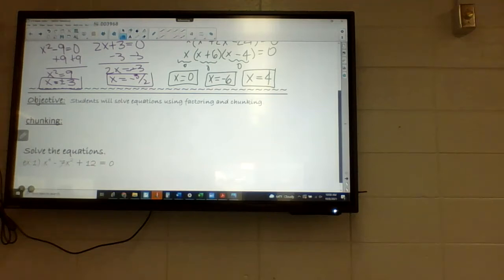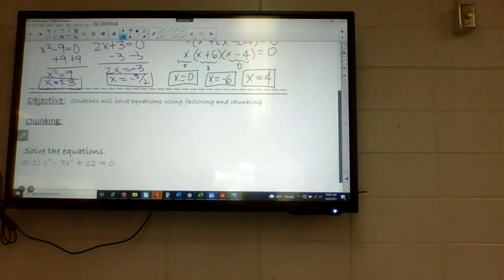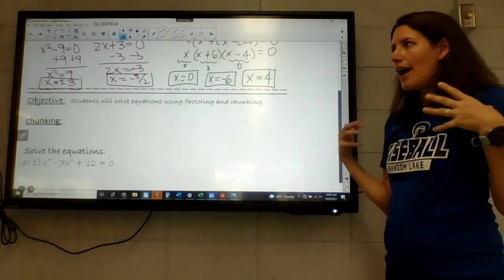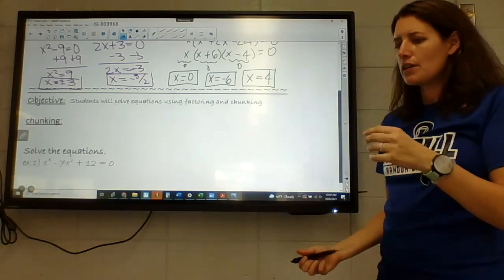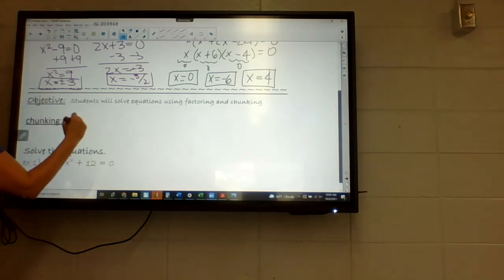All right, so the next types of problems we're going to do today, almost everything we're going to do today has to do with our warm-up questions. However, they're going to look slightly different. They do this thing called chunking, and basically what it means is this first example looks a lot like the second warm-up question, but it's not exactly. So it requires a little bit of outside-the-box thinking, and sometimes it requires that we actually substitute something else in place as a chunk. Like we say that this is going to be what my x is in this case. So it's using factoring